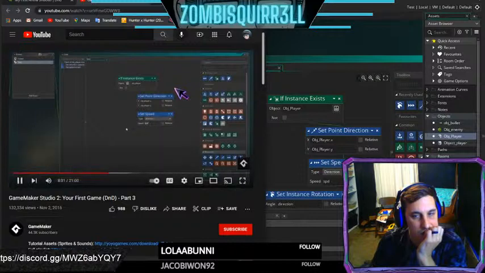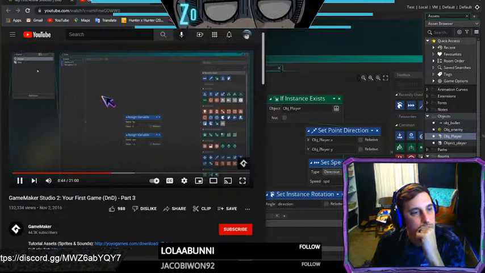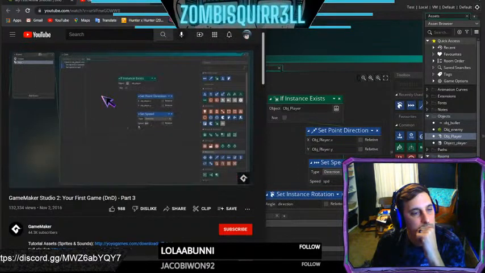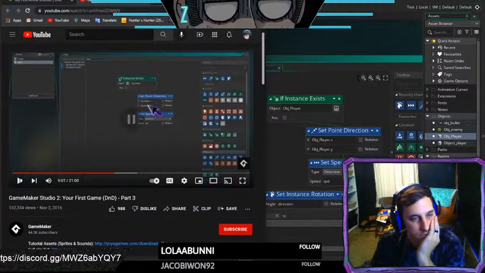We could have just typed 1.5 in there, but it's useful to define that as a variable because then we can use it for other things later. So by typing SPD, we're just referring back to the variable that we established in our create event, which is 1.5. And we're bringing that across into where we set our speed every frame. The last thing we want to do is just make sure that the image, the sprite for this object faces towards its direction every frame, just as